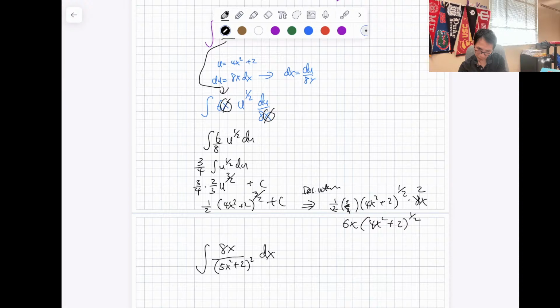I think your du over 10. u is 10x, so du over dx is 10x. 10x du, and then your dx over du. I want to say yes. Oh, yeah. Are we supposed to? Yeah, because I think when you change. Oh, wait. 8x